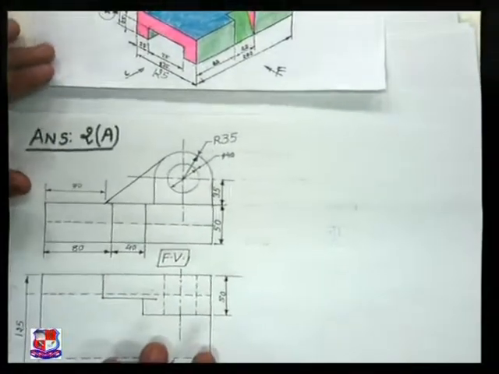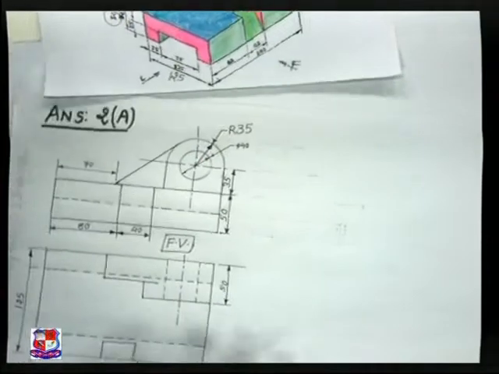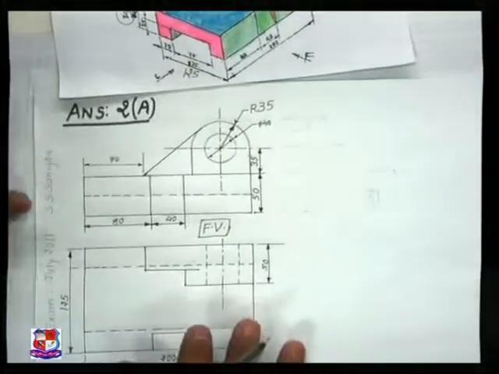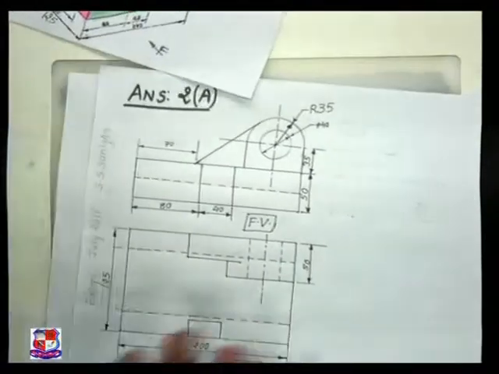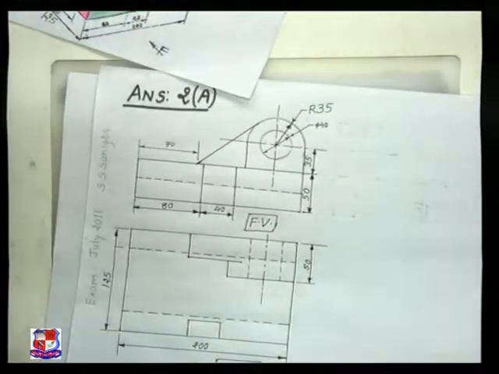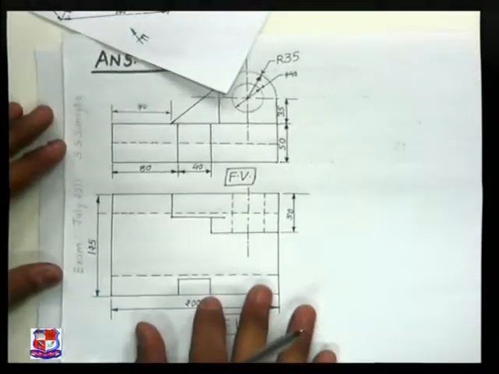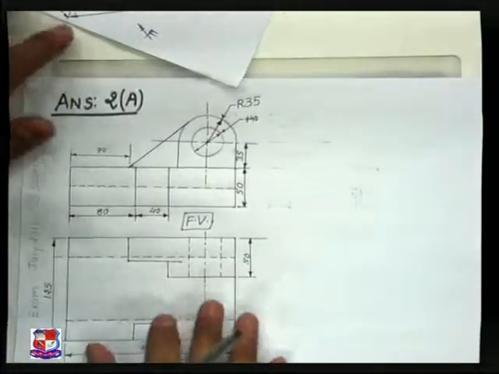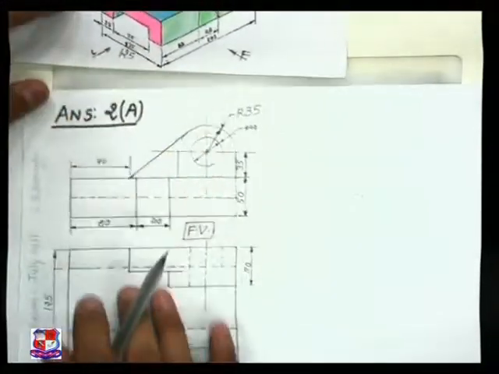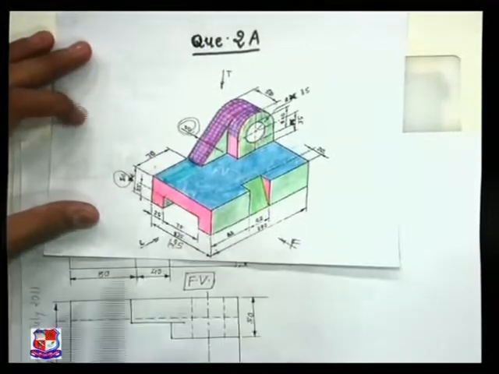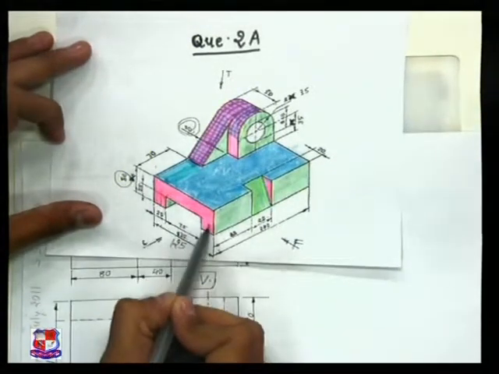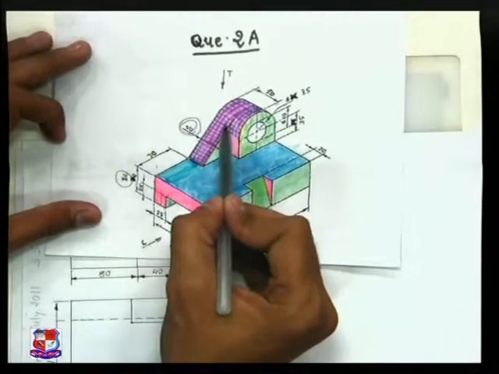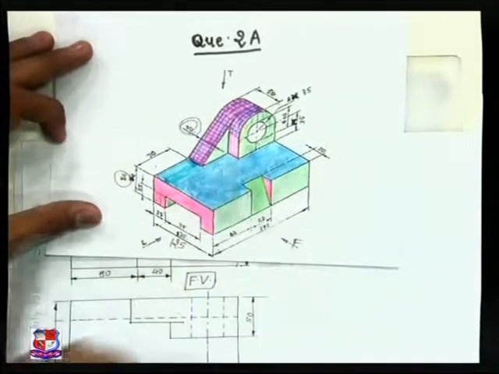Now we have to draw its side view, that is the left hand side view. And we know the left hand side view is drawn to the right side of the object. So to the right side of this object, we draw its left hand side view like this. In the left hand side view, if you look from here, this pink colored portion would appear. That is a reverse C, this slant edge and this vertical edge.